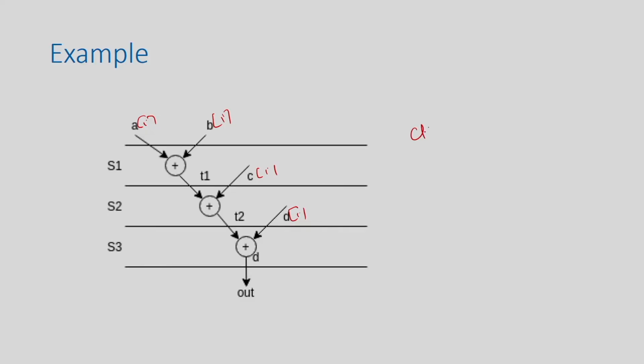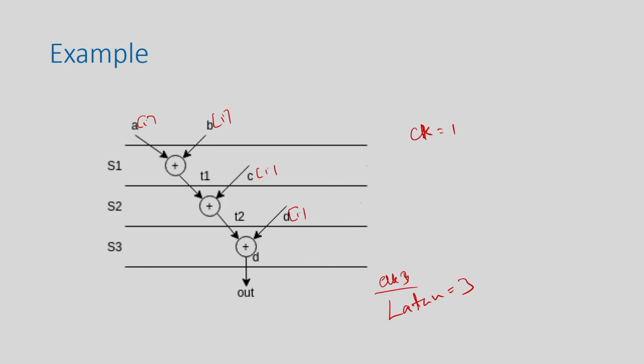You give one set of data at clock 1, and your output will come after 1, 2, 3. So after the third clock cycle, at clock 4, you are going to get the first output at the start of the clock, if you assume there is a register here. Otherwise you can assume it is available after the third clock, let us say there is no register. So the latency of this design is 3, because there are 3 cycles to process the data.